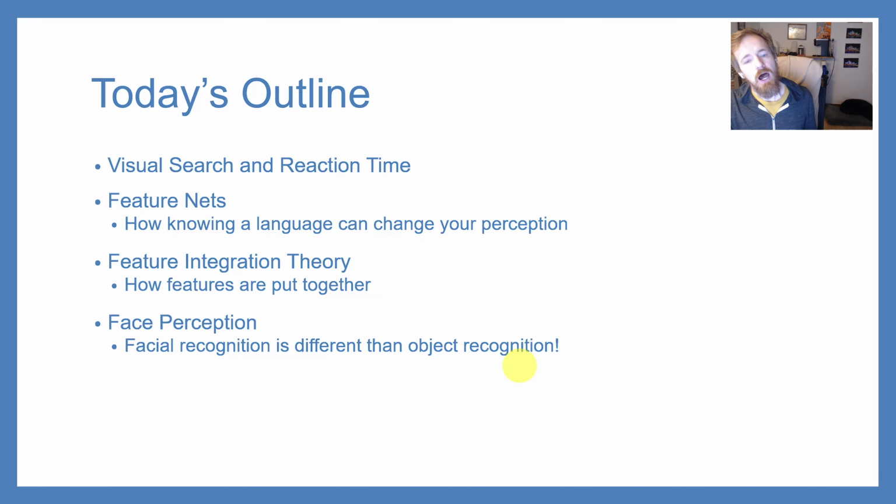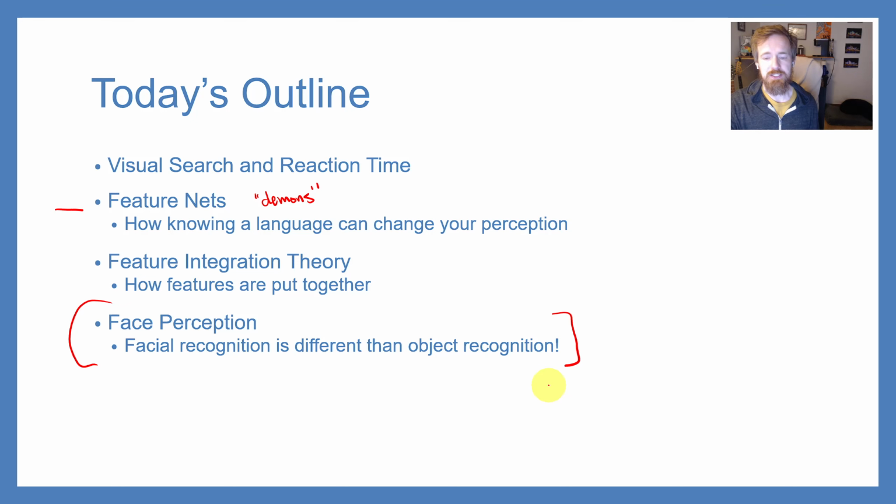Let's do this. So today we're going to be talking about visual feature net models, which are sometimes referred to as the cognitive demons. And I know that that is not nearly as cool as it's going to sound. But we're going to be talking about that. We're going to be talking about the feature integration theory from Anne Treisman and Gelade from 1980. We're also going to be talking about the recognition by components model from Irving Biederman to talk about how we put features together and recognize them as objects, and then we're going to wrap things up by talking about face